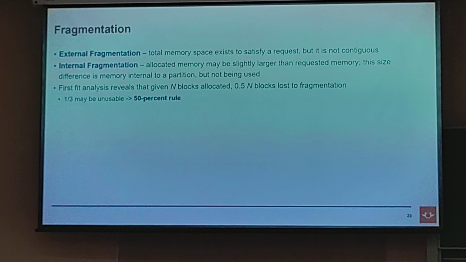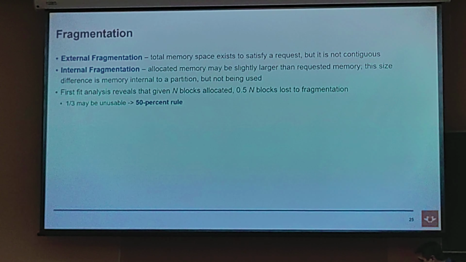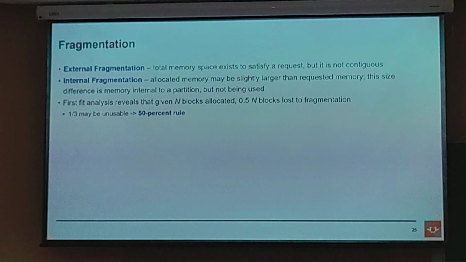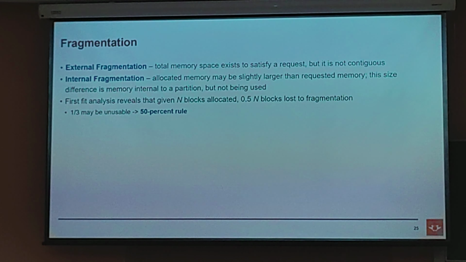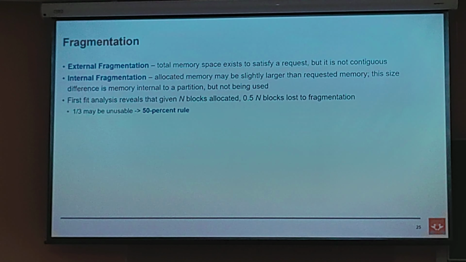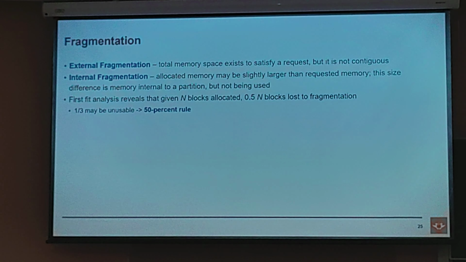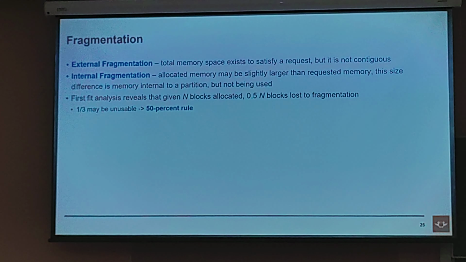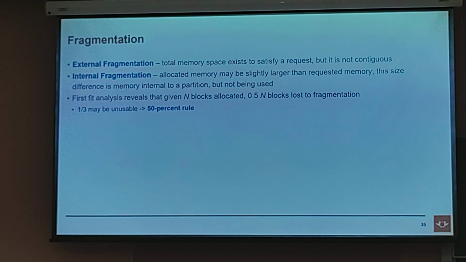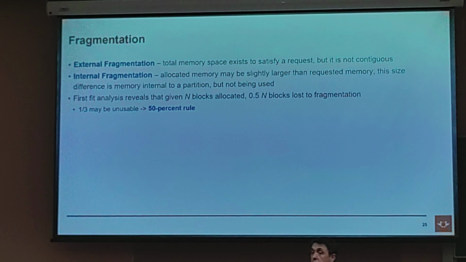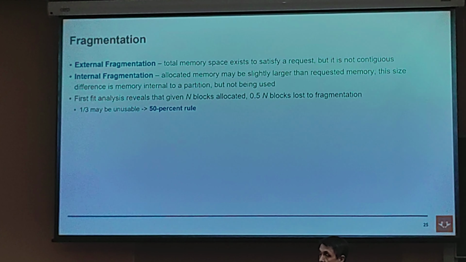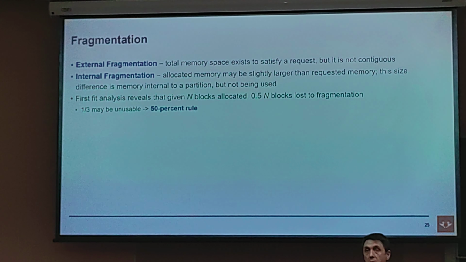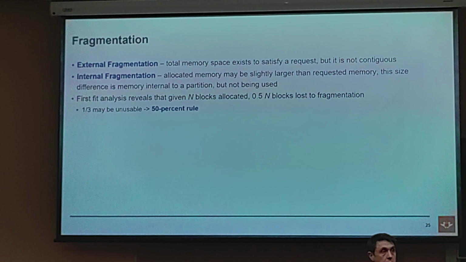What you get in any kind of contiguous implementation, whether it's on hard disk or memory, is fragmentation. You get 2 types of fragmentation. The first one is called external, and then there's internal fragmentation. External fragmentation is when the total memory space exists to satisfy a request but is not contiguous. So if you think about this classroom, there's a lot of holes in these chairs. So if you just take the front row, there's 8 chairs, but we cannot fit 8